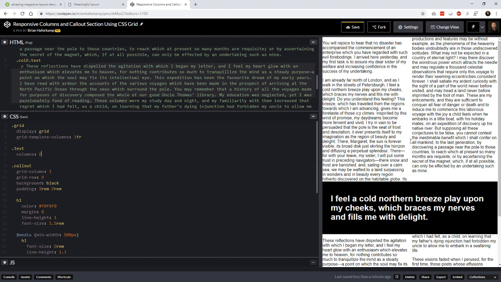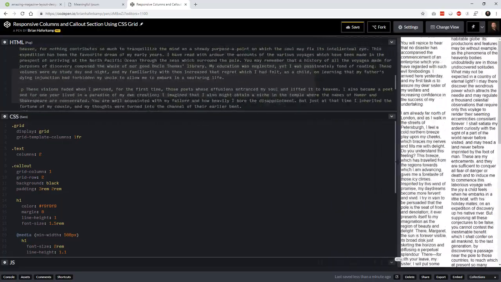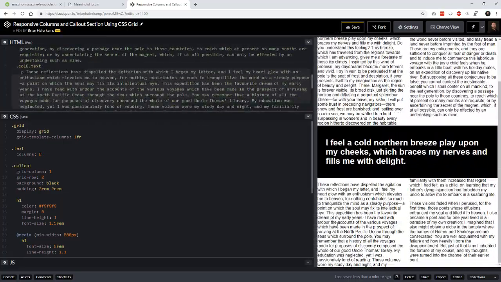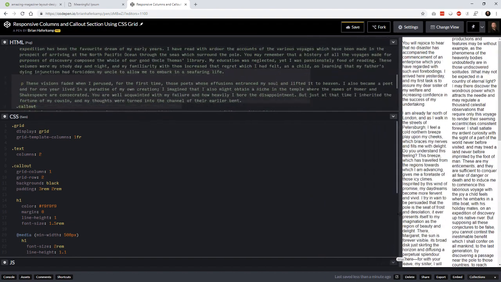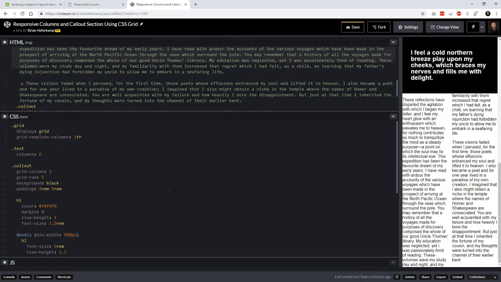Now what that does is automatically splits them into 2, and it just keeps them at 2 forever. So if you want that sort of look, that even at smaller sizes you have nice skinny columns, you can keep that. I don't like that personally, so I'm going to put a column width on there of,